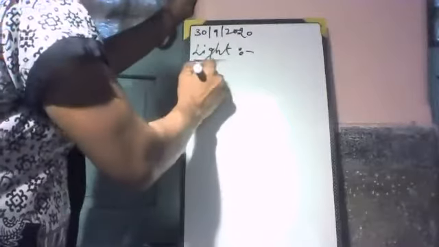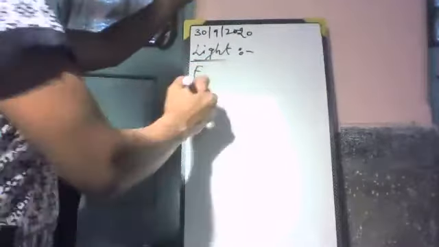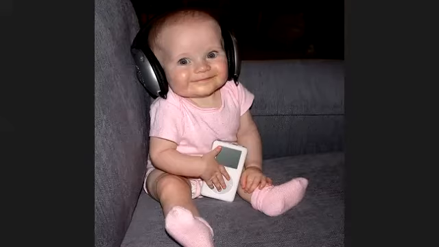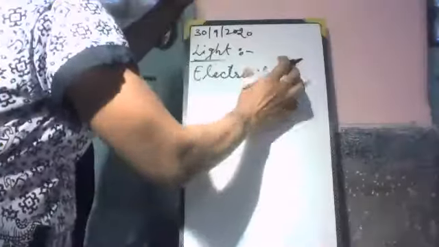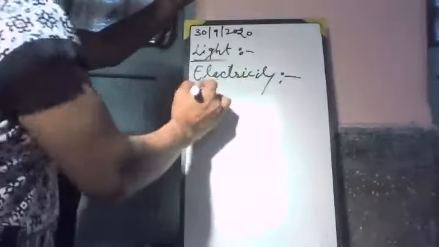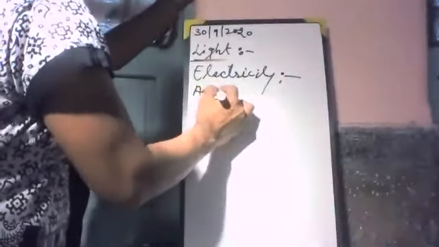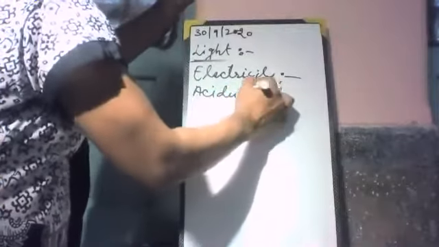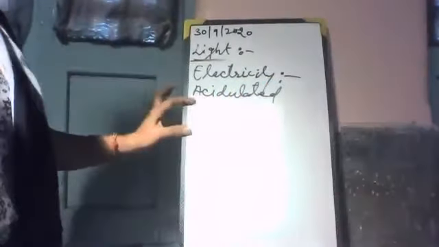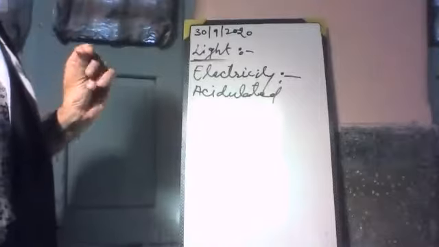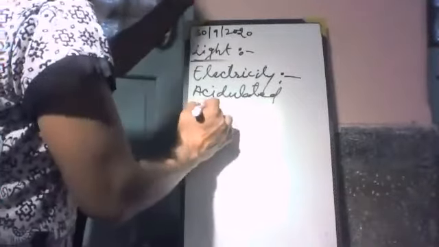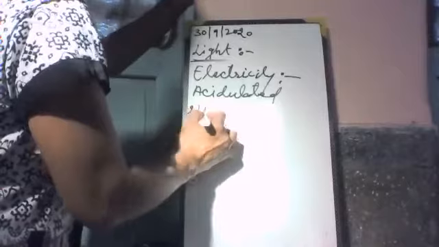Next is electricity. To complete some reactions, they require electricity. Suppose acidulated water. Acidulated means this water has a small quantity of acid. H2O, when we pass electricity